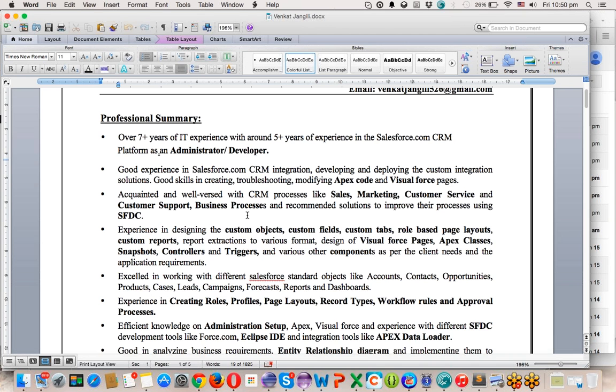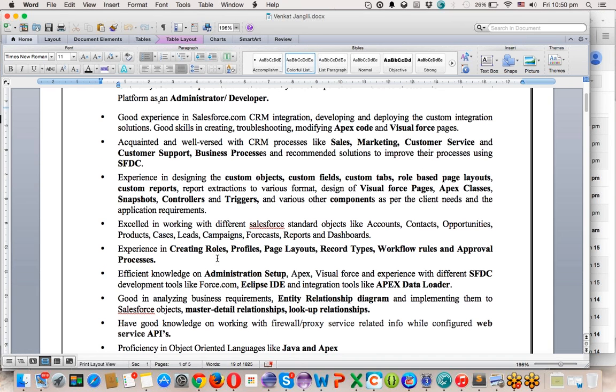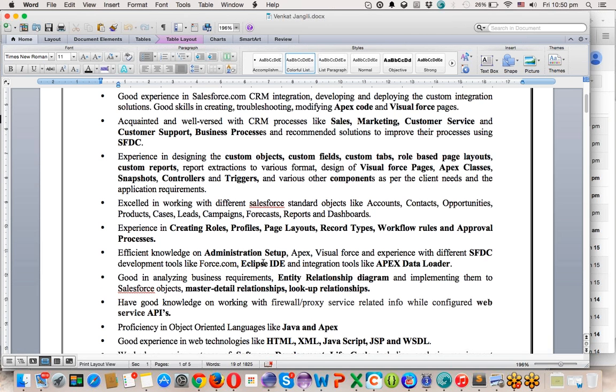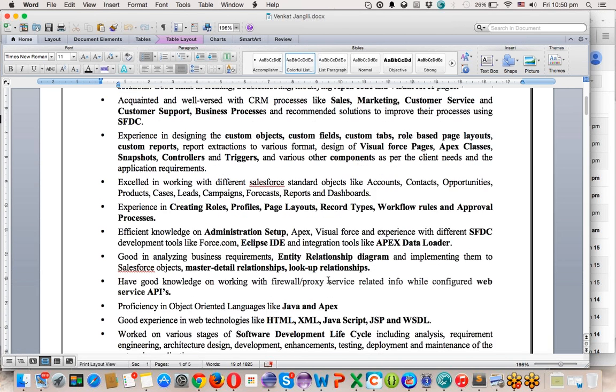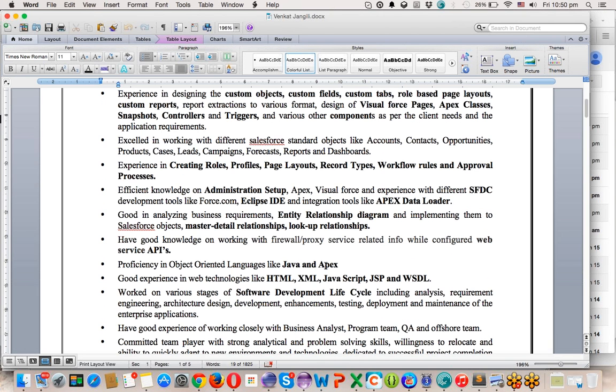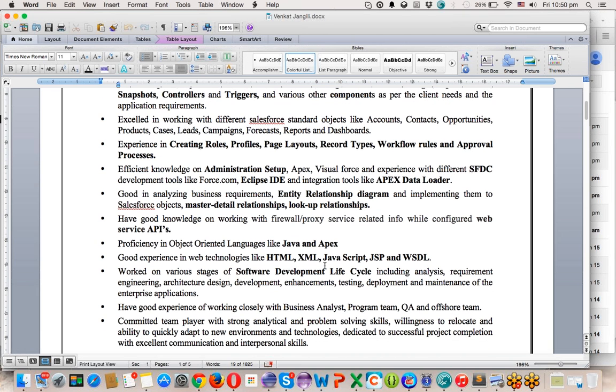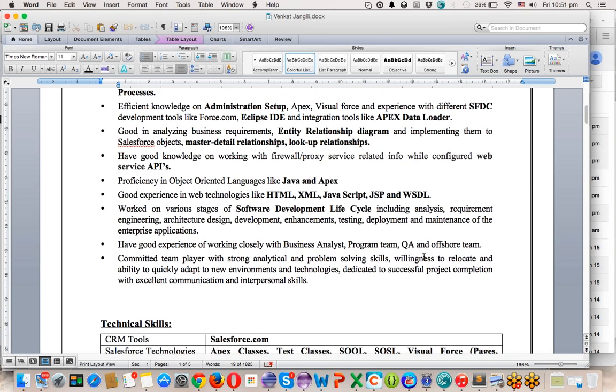You talk about Apex code, Visualforce pages, custom controllers, rules and security things, and important objects of Salesforce. You have really worked on that, and Eclipse IDE, administration setup, data loader, relationships in data modeling, and good idea on object-oriented programming languages like Java and Apex, good idea on web technologies like HTML, XML, JavaScript, JSP,